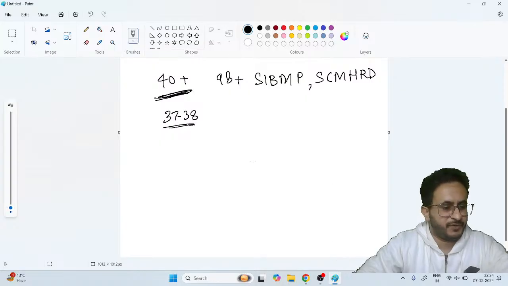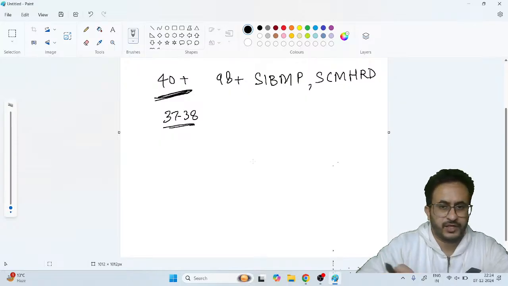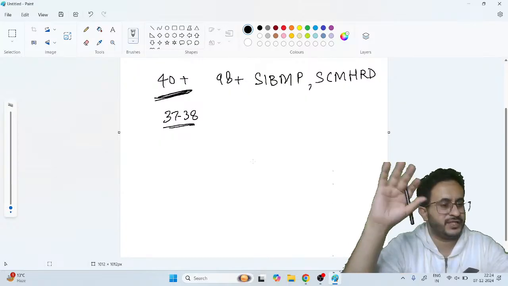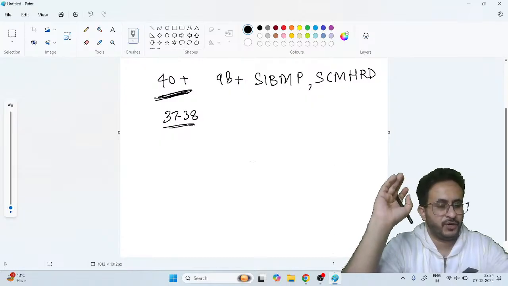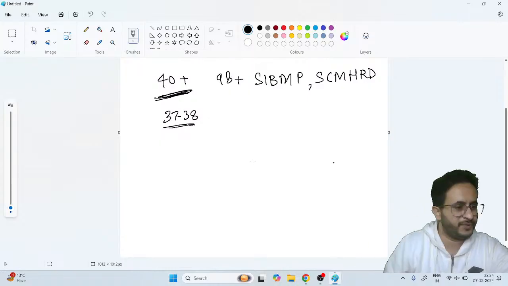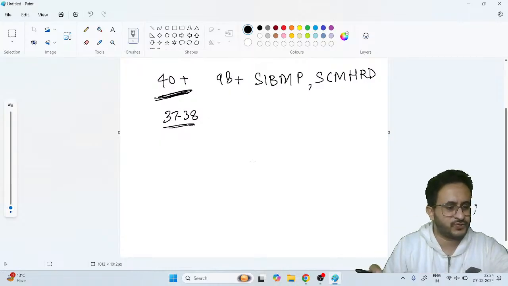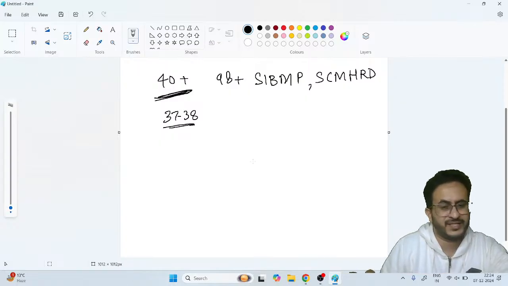Okay, last year the paper was easy, but the year before, in 2022, the paper was a bit difficult. So don't go with any notion that this much score is the target. Don't go with score versus percentile. That is the biggest mistake people make. I keep shouting to people: last year people looked at the previous year, someone made a random video saying this score gets this percentile, and they targeted that score. Just try to maximize your performance in the examination.